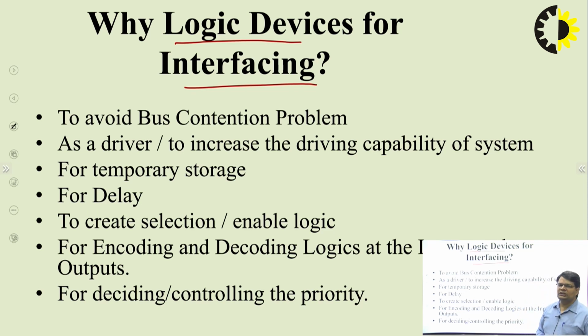So interfacing is, for example, interfacing of microprocessor with the memory. So how is microprocessor connected with the memory? There must be some connections that need to be made. How these are physically arranged or how these are physically connected, those connections are known as the interfacing. So interfacing may be, for example, between a microprocessor and a memory.